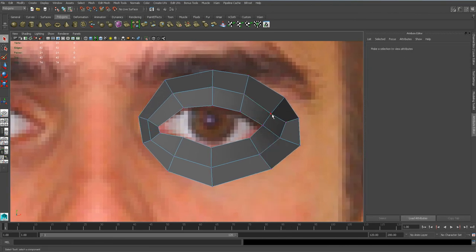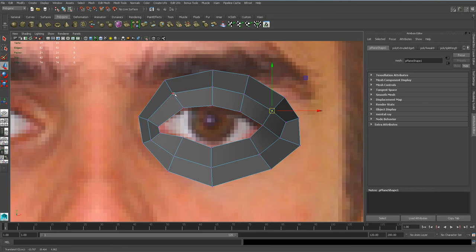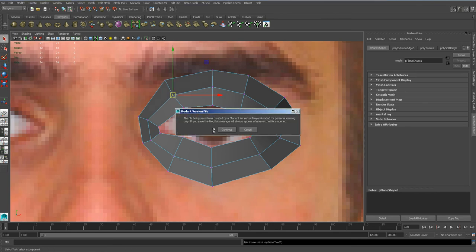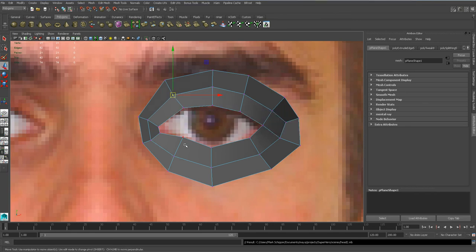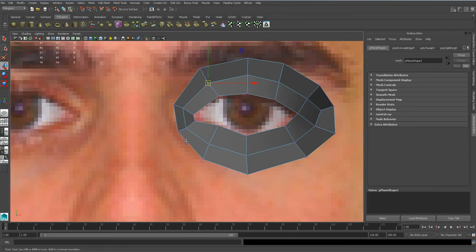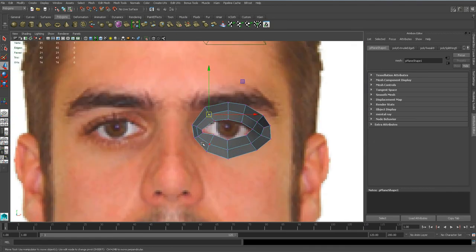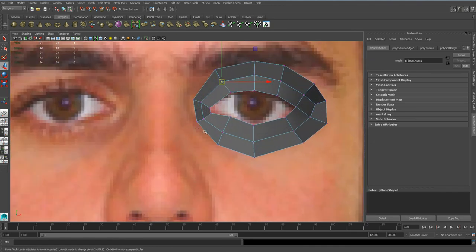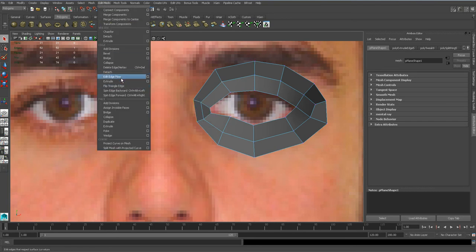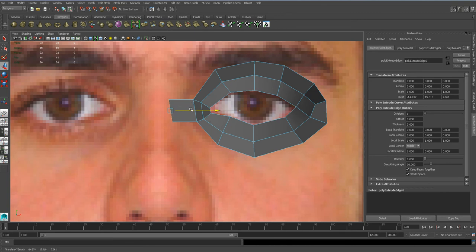So we're gonna leave the eye for now, because we're gonna move on for a second, and then later on we'll come back to it, add more detail to actually get this part a bit more volume, so that it actually feels like an actual eyelid. So what I'm gonna do next though is I'm gonna do something that I just prefer to do. I'm gonna grab this edge here, I'm gonna extrude it, and I'm gonna make the nose bridge. So right there,